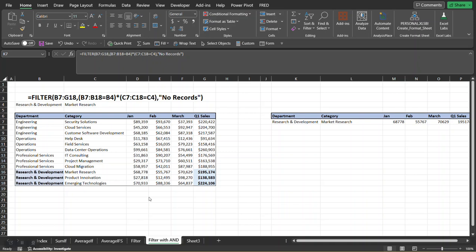Welcome back. Today we're going to be talking about the filter function, and in this case, we're going to use multiple criteria, and it's going to be an and condition. So in other words, the condition within the filter function, we're going to look for two separate criteria, and they both have to match, which is the and condition for the filter function to return a subset of our data